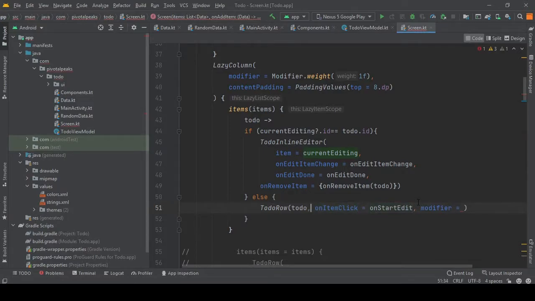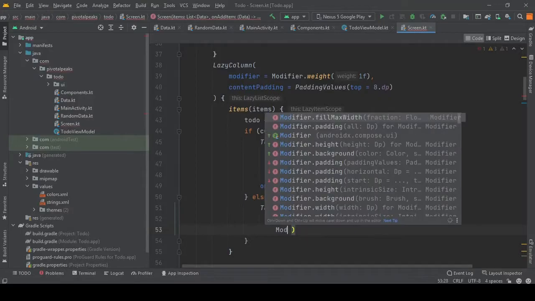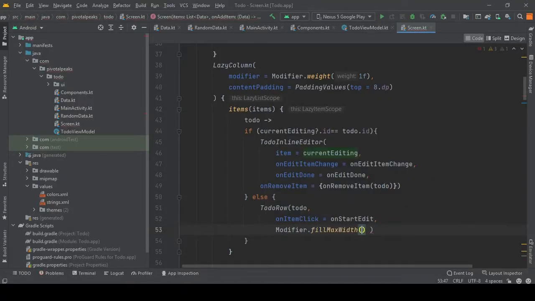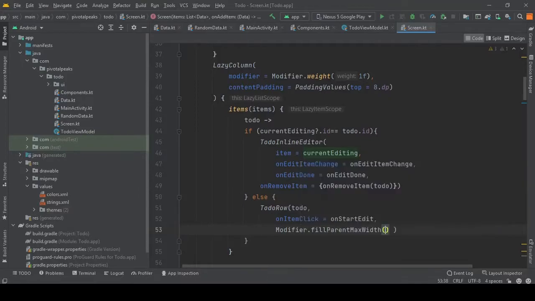Let's separate them into different lines. And for modifier, let's pass the fill max width, fill max parent, actually fill parent max width.